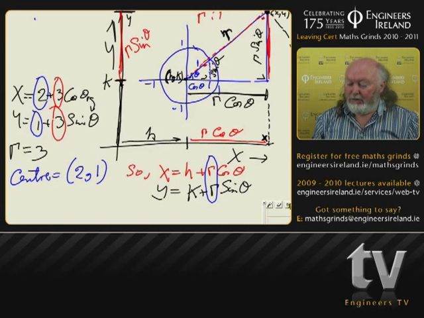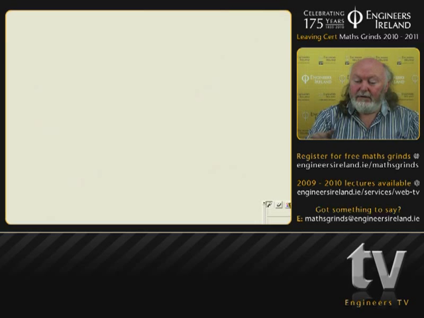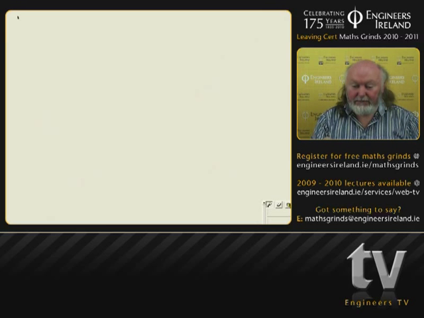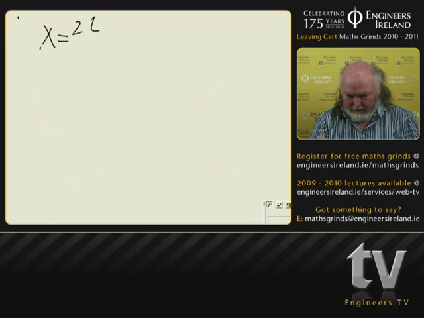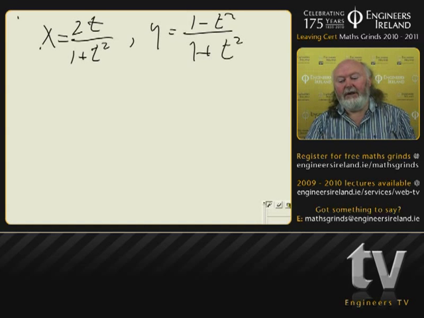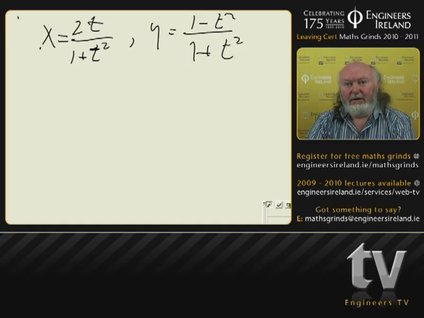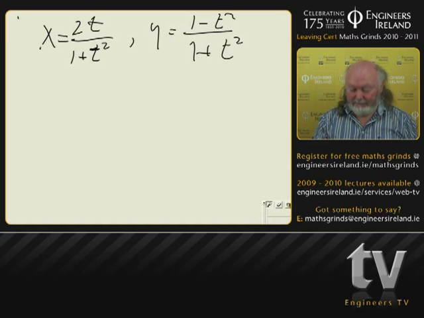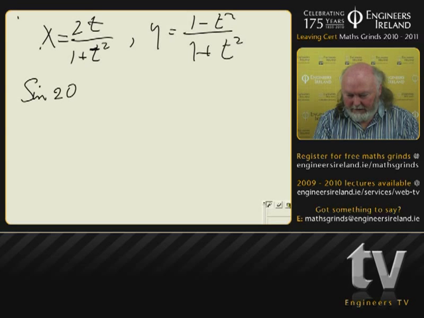There's a second type of algebraic expression that's used. For example, they could tell you that x equals 2t all over 1 plus t squared, and that y is equal to 1 minus t squared all over 1 plus t squared. I'm mentioning this one because if we're actually dealing with trigonometry to give us this polar coordinate system, then most of these parametric versions for a circle you would suspect come from trigonometry. And if you look at those two equations, if we look at trigonometry, we will find that sine of 2 theta is equal to 2